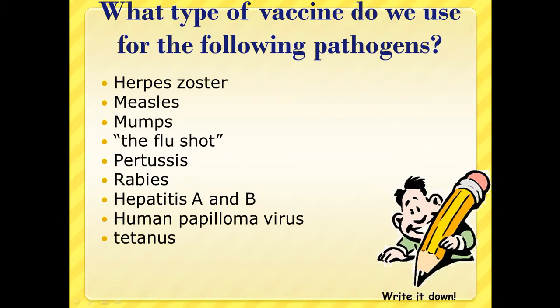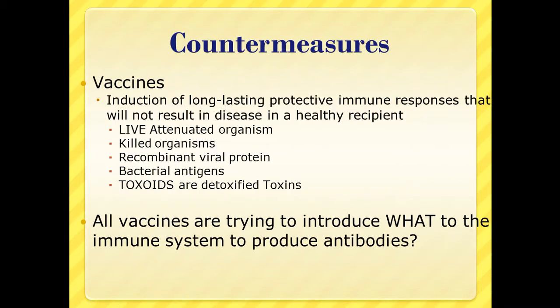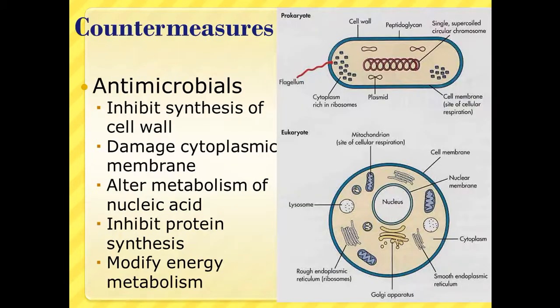So you want to jot those down, take a little time, and you can come back here. Looks like it's about 13 minutes in, and you can write those down again. But you're going to go back, you're going to write down what it is we use for the vaccine. So which of these different options we use when we vaccinate against them. All right, next,